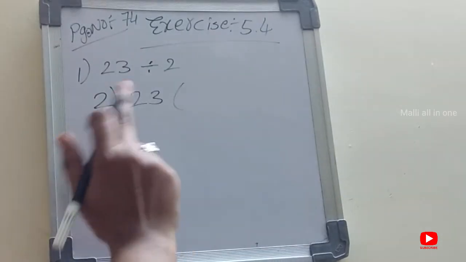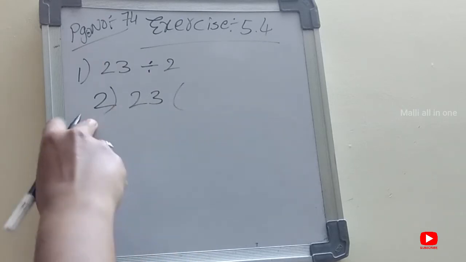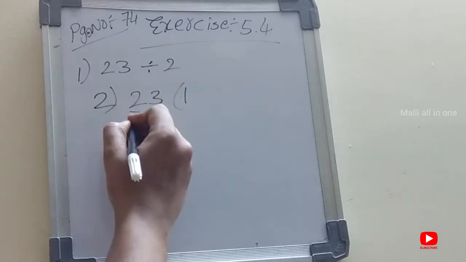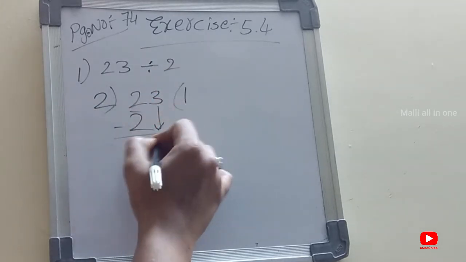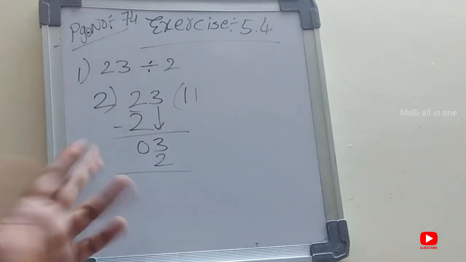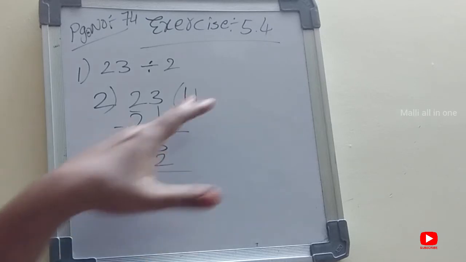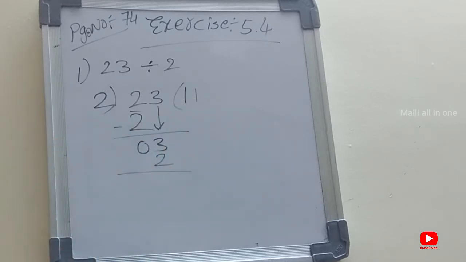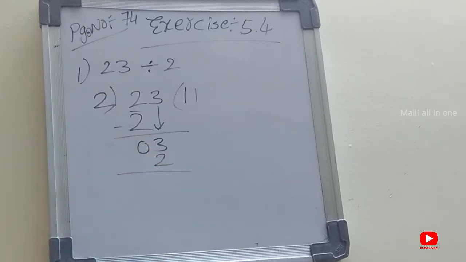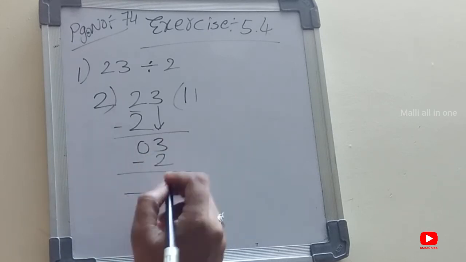This is the divisor, this is the dividend. Now we have to find the quotient and remainder. First, if one digit is there, you have to take one digit. I said that's the simple method. Now 2 1s are 2, 0 will come. Now this 3 comes down. 2 2s are 4, but here 3 is given and 4 is a bigger number. So we have to take 2 1s are 2. The smaller number should be taken. Now 3 minus 2 is 1. So this is the remainder.